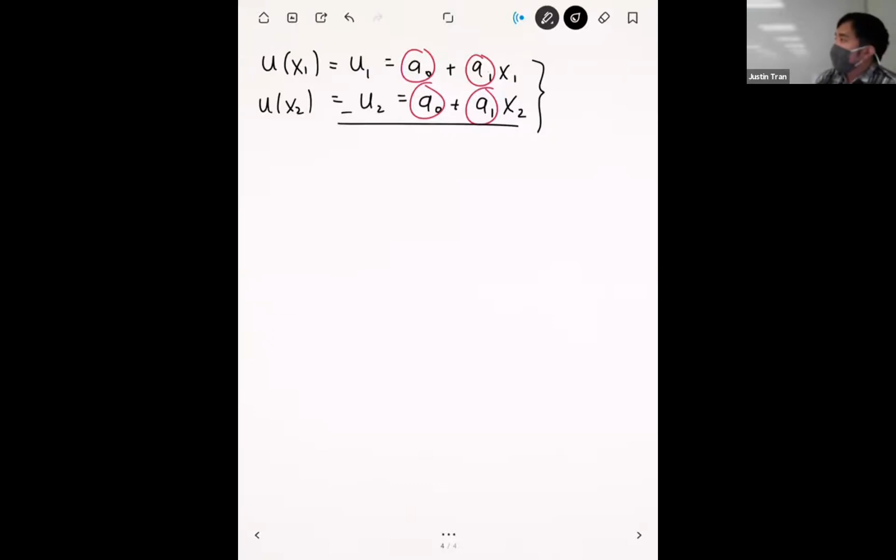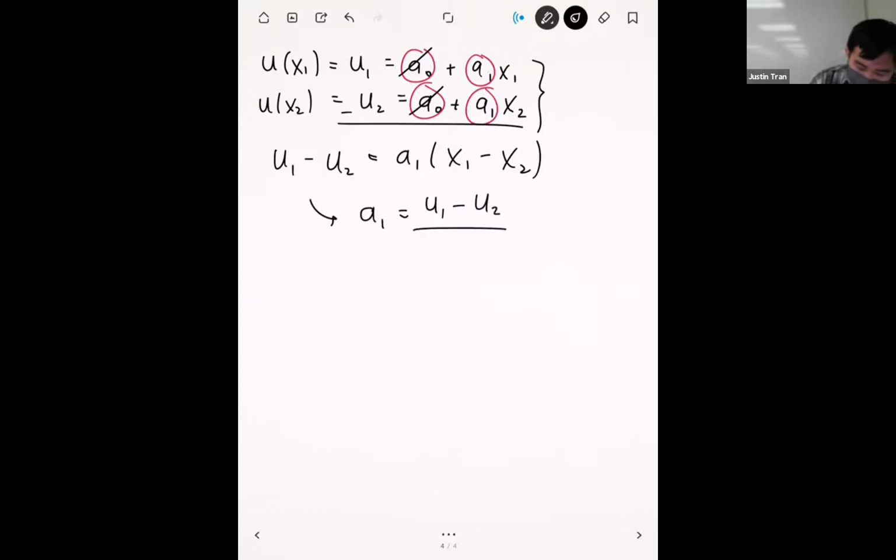Actually solving this, I'm not going to test you on it, so I'm just going to go really quickly. But if you want to follow along, you can look at the video back again. I'm just going to subtract these two equations, and that's going to cancel out the a0s. So we have u1 minus u2 is equal to a1 times x1 minus x2. If we divide both sides by x1 minus x2, we get a1 is equal to